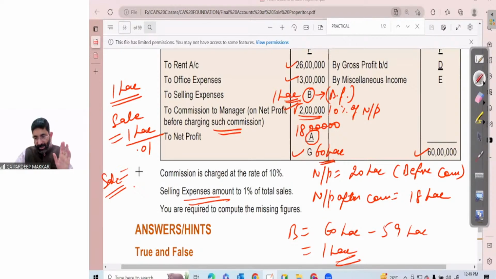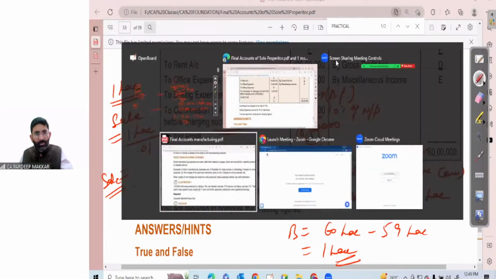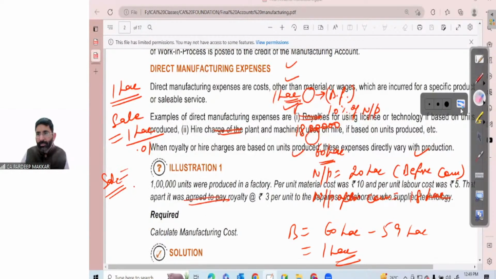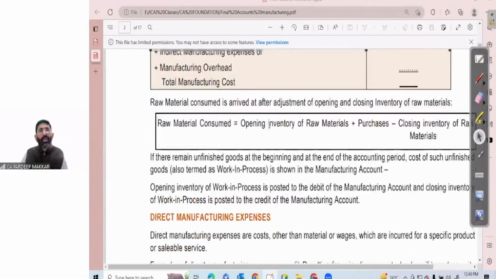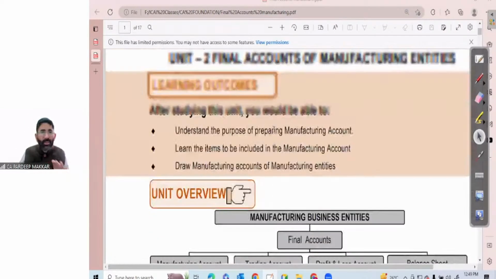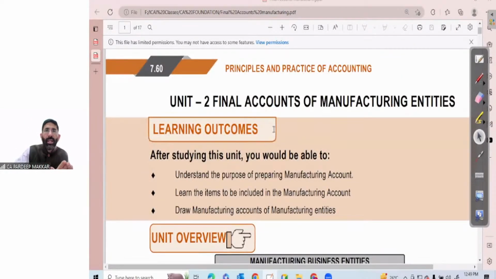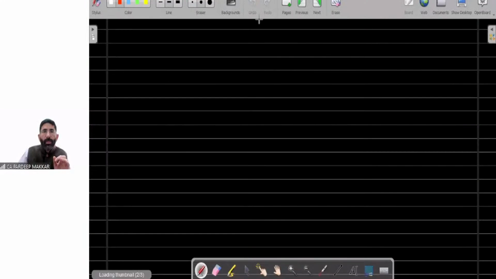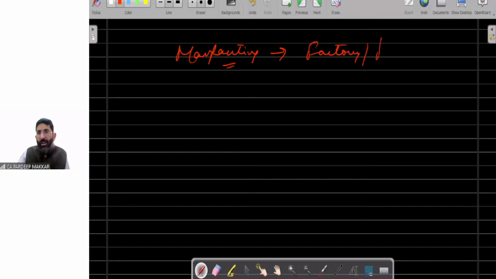Now the last topic has been left, which you have to do now. That is regarding manufacturing account. So let it be very much clear, whenever we are doing manufacturing, then we are going to prepare final accounts of manufacturing entities. There is not a big difference between manufacturing accounts and non-manufacturing accounts. The major difference which you have to understand is, while preparing manufacturing account, you should make it very much clear that manufacturing account is prepared only when there is production. There is a factory, there is production,